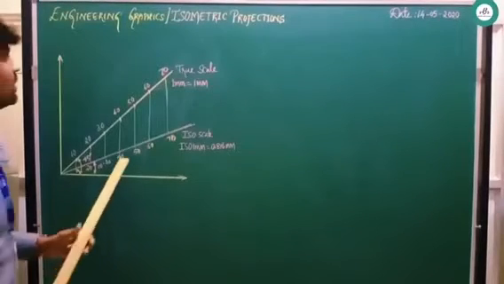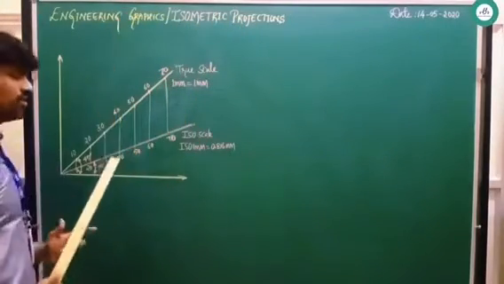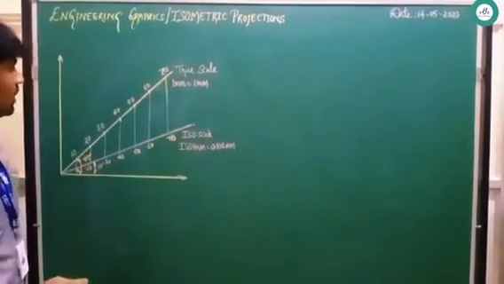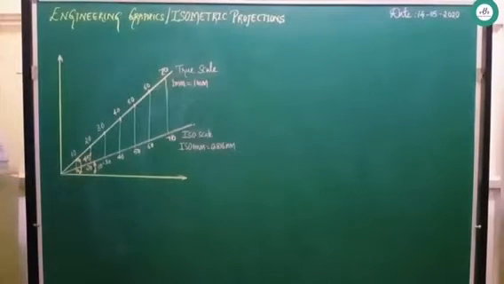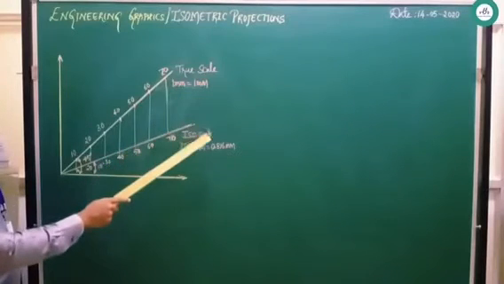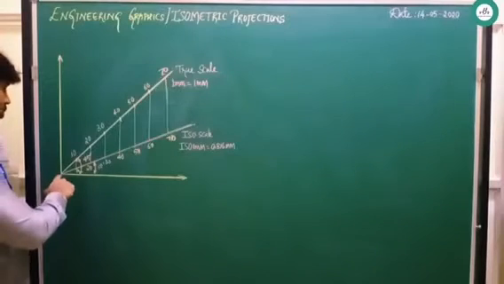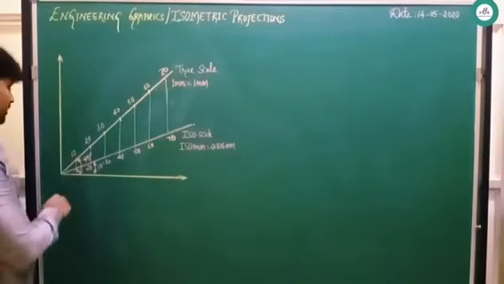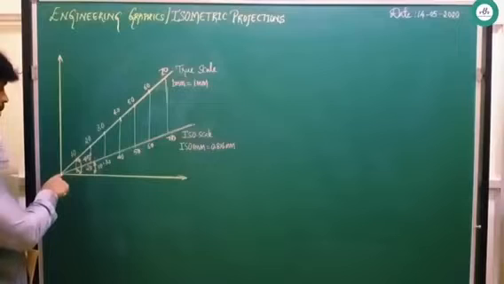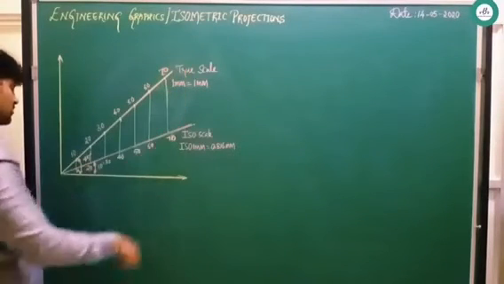So hello, namaste. Today we will discuss isometric projection in engineering graphics, which is the last module. Before proceeding to this topic, we shall understand how to convert a true scale to an isometric scale. To do this, draw one horizontal and one vertical line. Next, from this point, measure a 45-degree line and extend it this way.